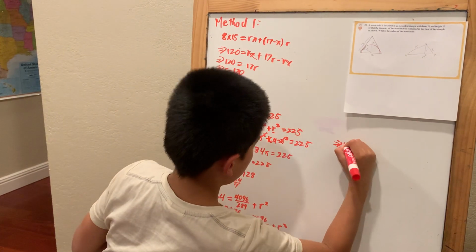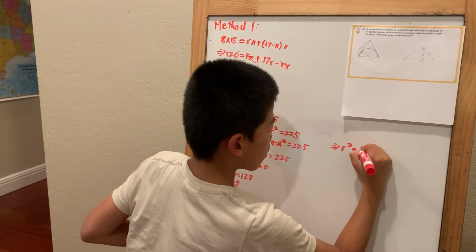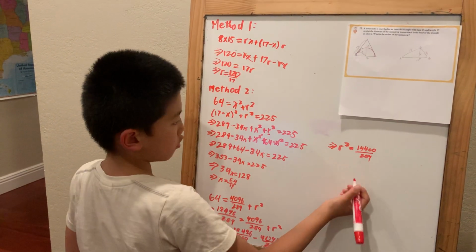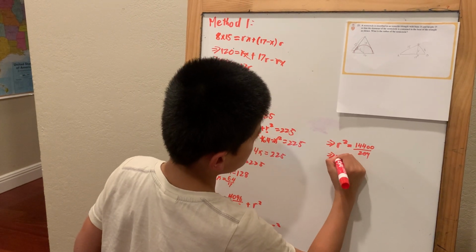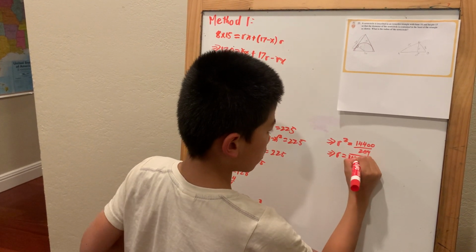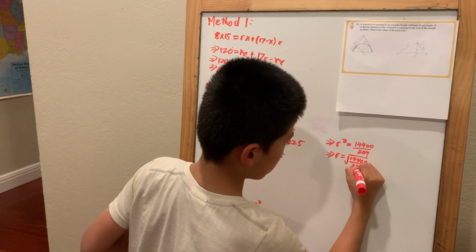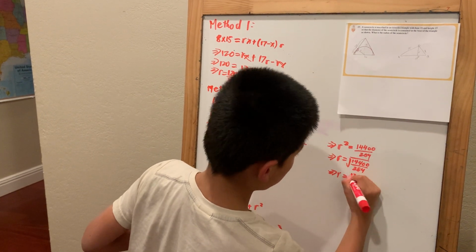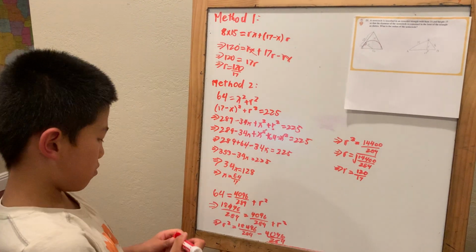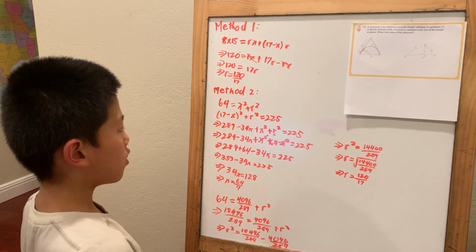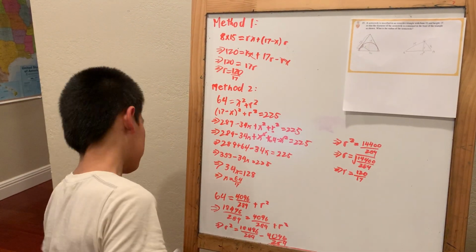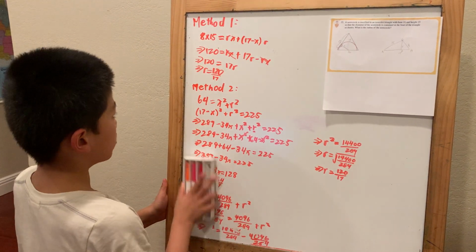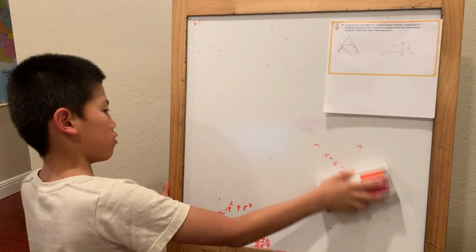So, which means that r squared equals 14,400 over 289. To find r, we simply take the square root of this, which equals 120 over 17. This method involves a lot more calculation than the first one, and I don't recommend this method for this problem. I'm moving on to